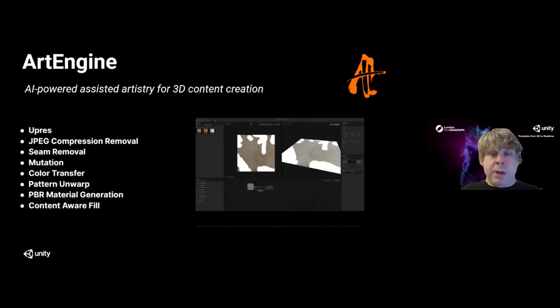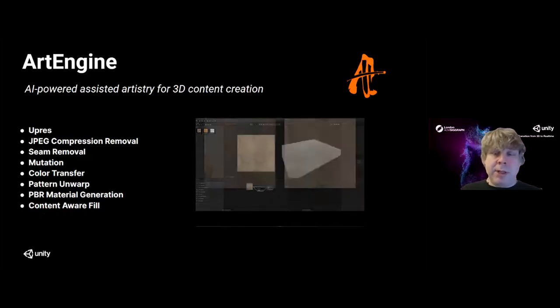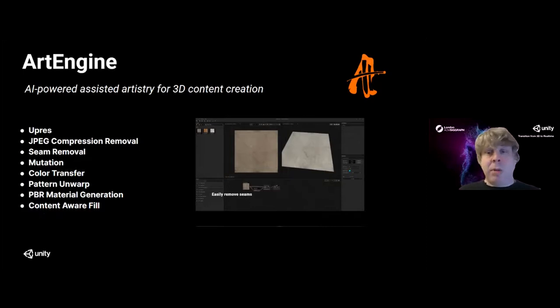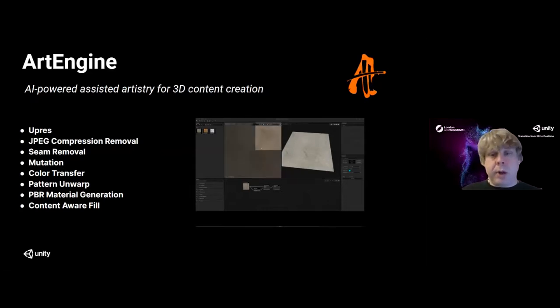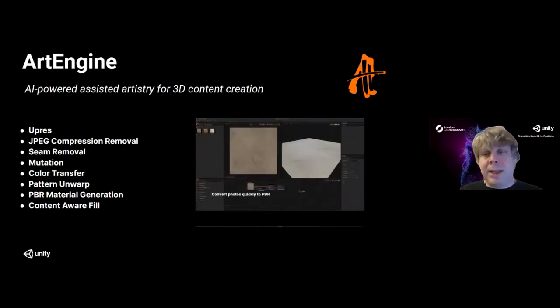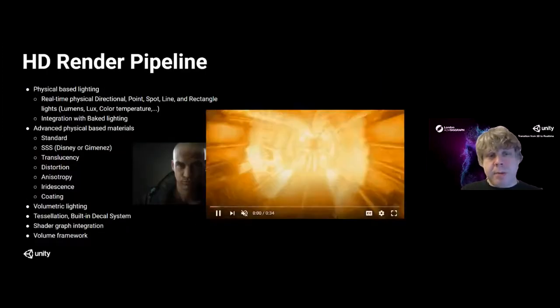And you can also combine different materials. It's really smart. It's all example based. So you can get, for example, a cherry wood and a brick wall. And you say, I want the pattern of the bricks, but with the materials and the colors of the wood. And it has some smart mutation tools and color transfer tools that really automates this stuff. And it'll do all the material creation stuff you need as well, like delighting and normal map creation. And they're doing a lot of interesting, amazing stuff.